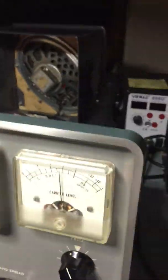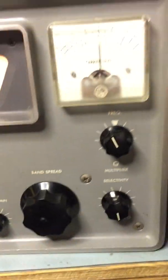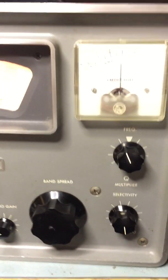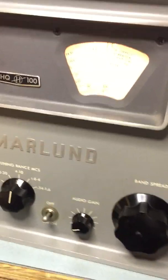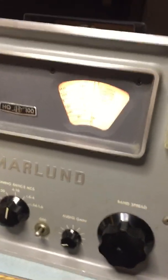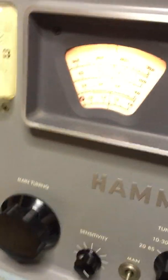Maybe 15 feet of wire is all I'm using for an antenna. So I'm very pleased that for less than $20 I was able to get this radio going again. That includes what it cost me to bring in that part I couldn't use, but